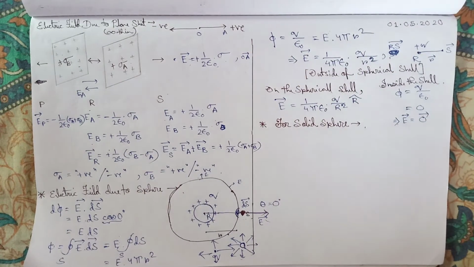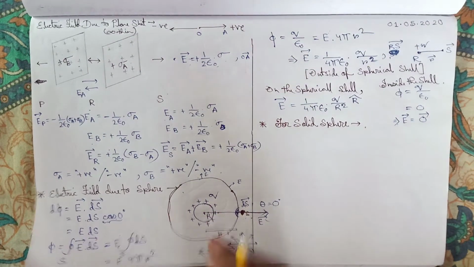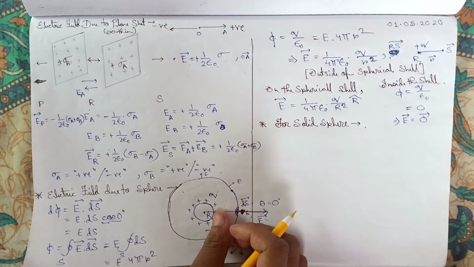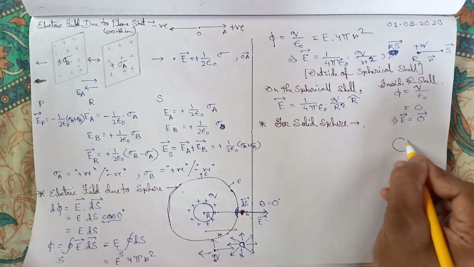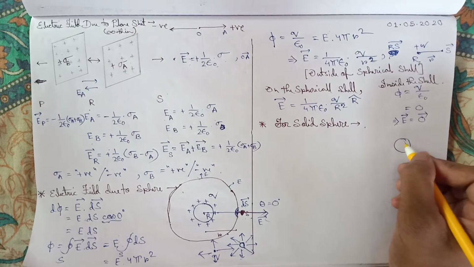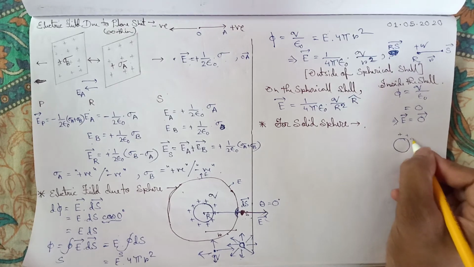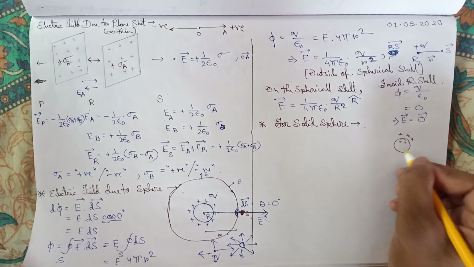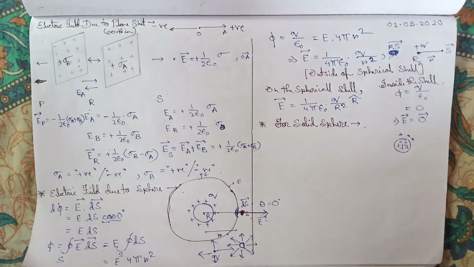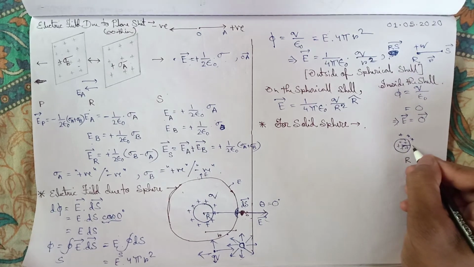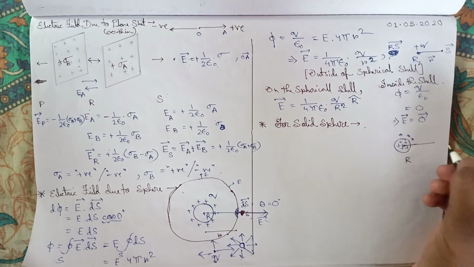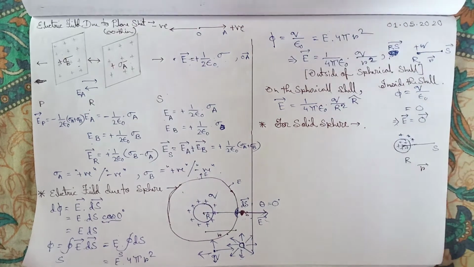For a solid sphere, it is nothing different. It is almost the same as the shell when the point is lying outside or on that region. That means if you take a sphere of charge plus q all over the region, so plus q all over the shell, having radius R, we have to find the electric field r distance away at point S.